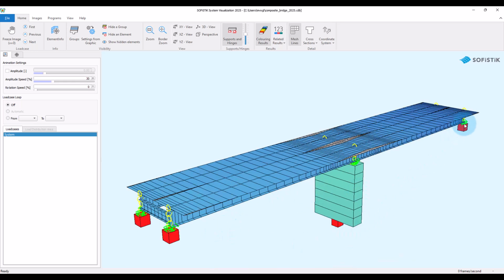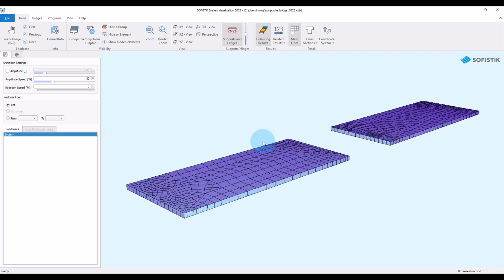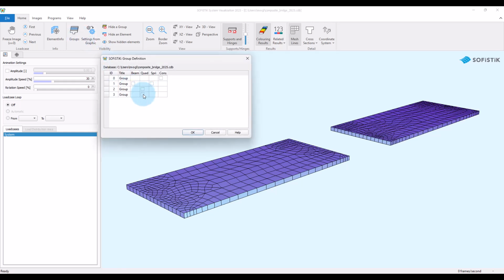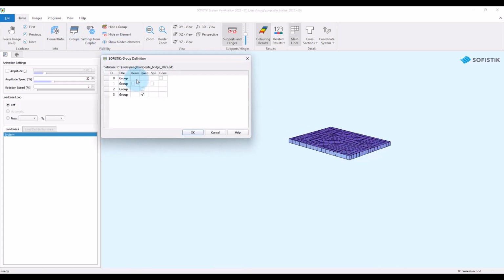So all this here, group 1 and 2, I will assign to construction stage 10 later on. Okay, then what about the other groups? Now, as you might remember, group 2 are the area elements in the span, so they will be active when the concrete in the span is hardened, so that is construction stage 20. And of course, then we will also later on do the concreting around the inner supports. So there we would like to activate the area elements in group 3 in construction stage 30.